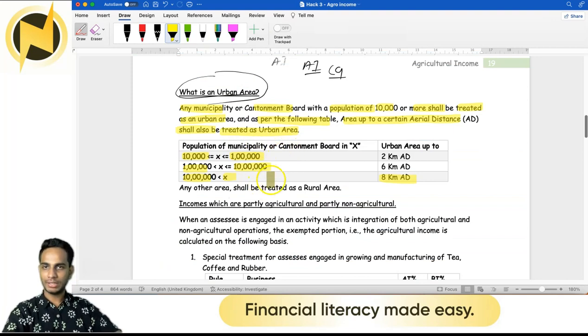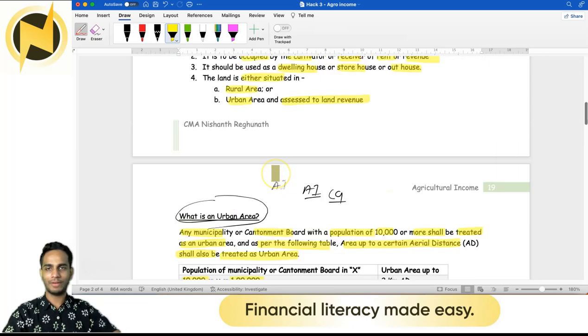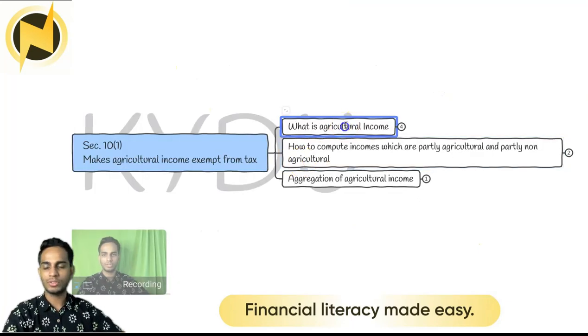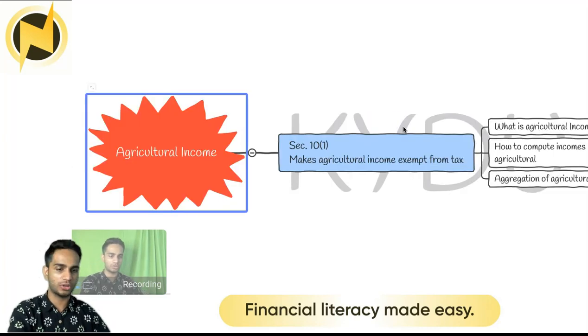So yes, that's how you classify an area as urban or rural. Alright, now we are done with the first part. Let's go to our chart. So we saw what agricultural income is, and from agricultural income we saw multiple things. Then they were,